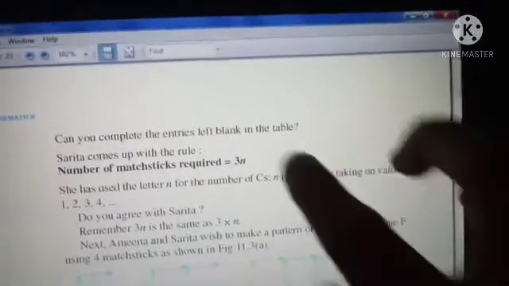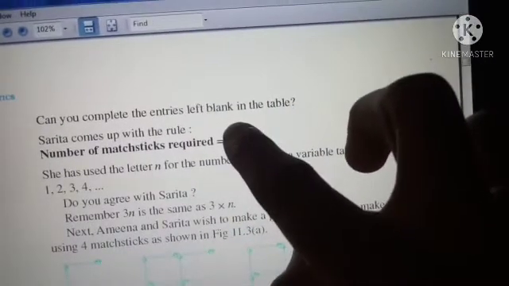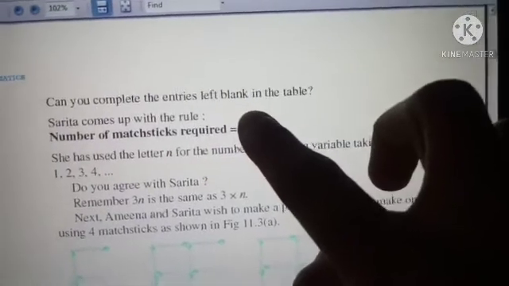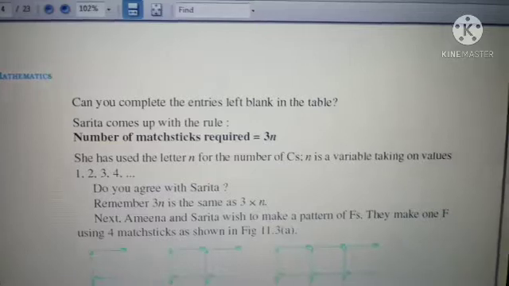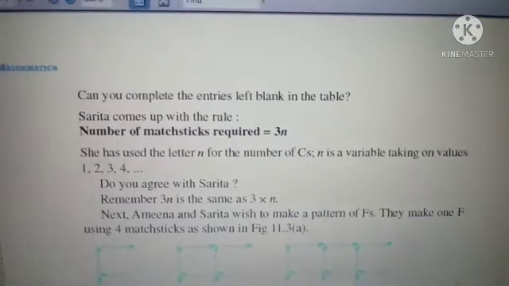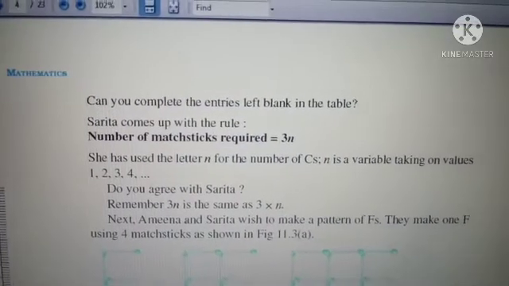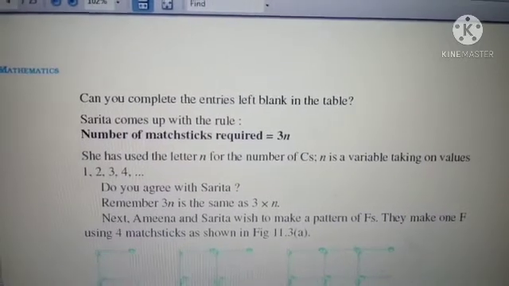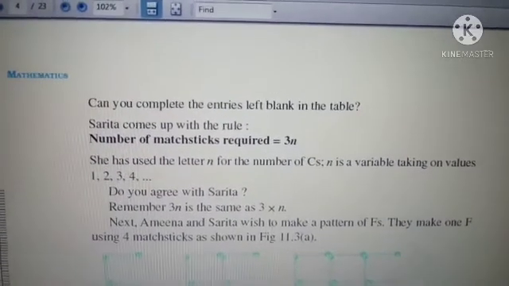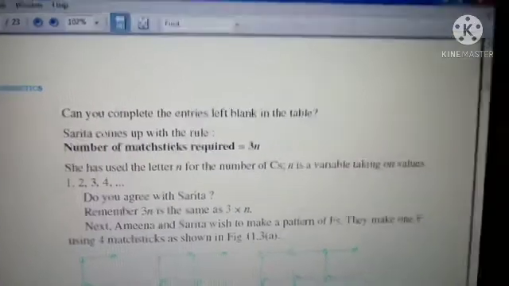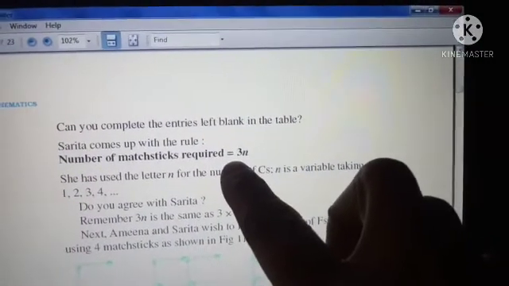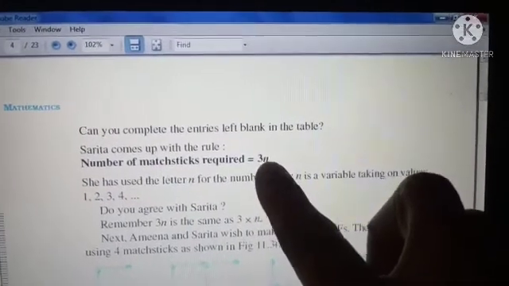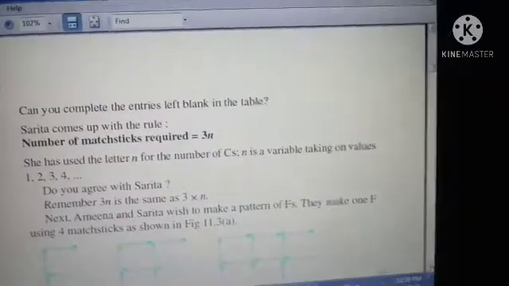So this 3n is nothing but the generalized form of the numbers. This is how you generalize numbers in algebra. When you want to generalize a concept, you need a variable. That's why we are dealing with variables and constants. This 3 is a constant because it will never change. But n will change. n can be 1, 2, 3, anything.